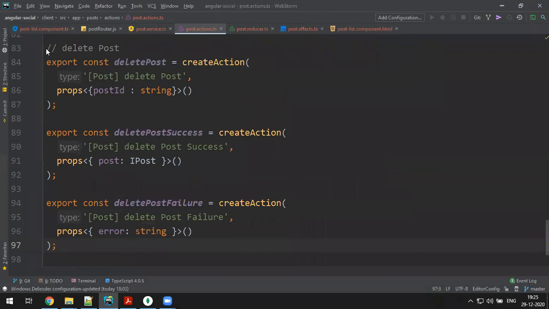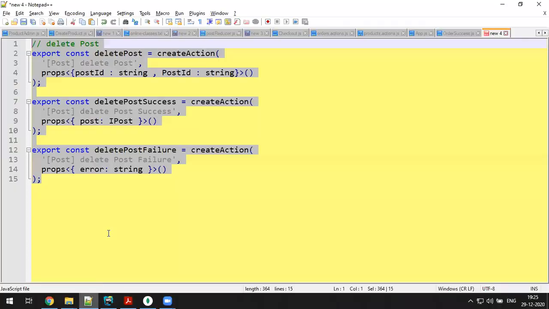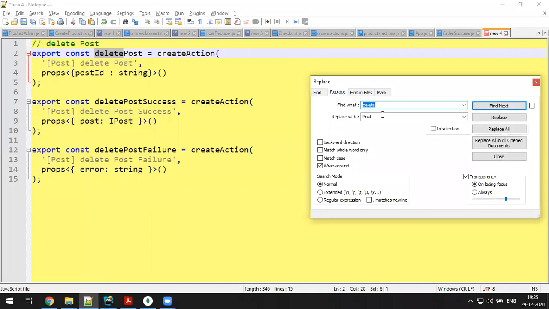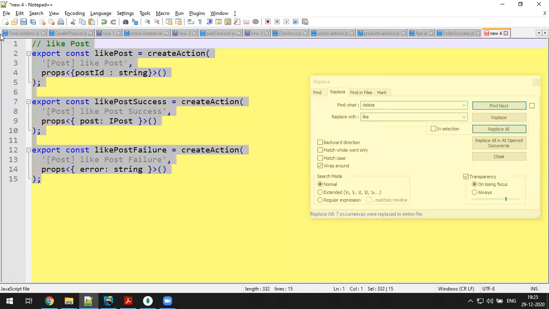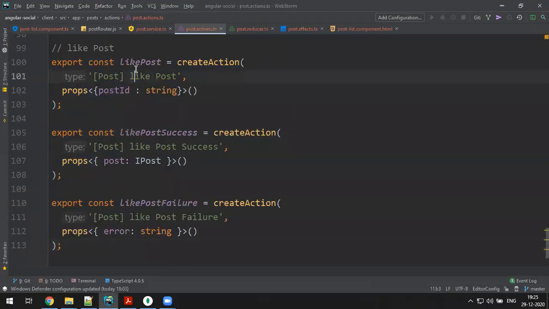So copy this, go here, replace. Wherever delete is there, replace with like. Copy, paste it. So like post, you can see the post ID, get the post, get the error. Fine.